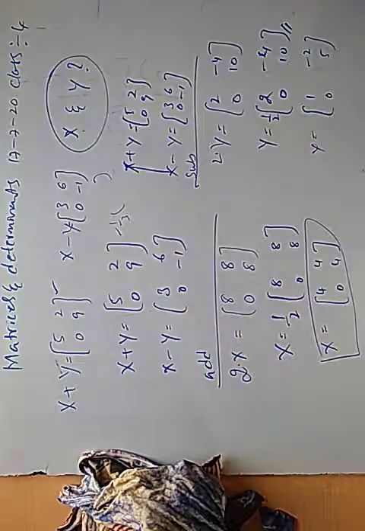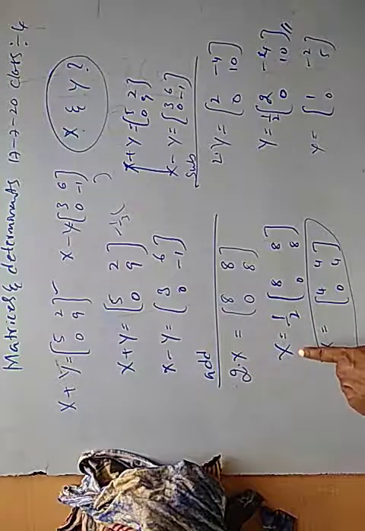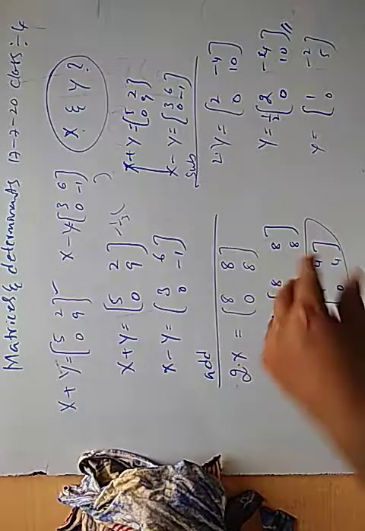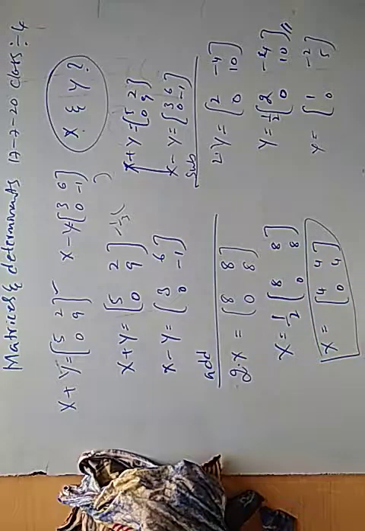Once again I will answer your doubt. Suppose x is equal to some fraction into a matrix. If the elements of the matrix are not divisible by that fraction, then we can leave it outside itself. For example, 1 by 3: 8, 8, 8 cannot be divided by 3, so we can write 1 by 3 times some matrix.